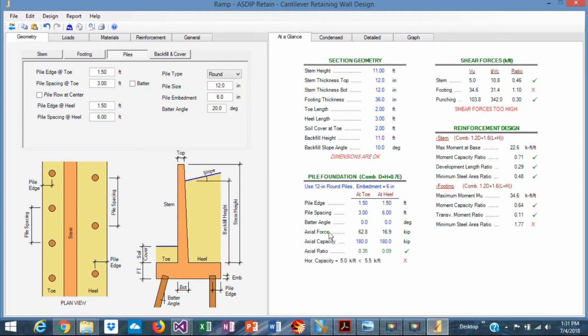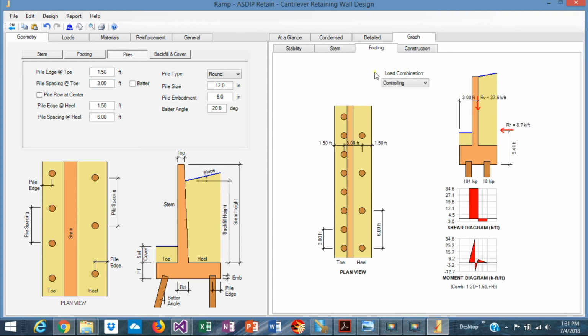Let's first increase the spacing to reduce the axial ratio here. Right now, at the toe, the piles are every 3 feet. Let me show you in plan view. Looks like every 3 feet, which is very closely spaced. We need to increase that probably to